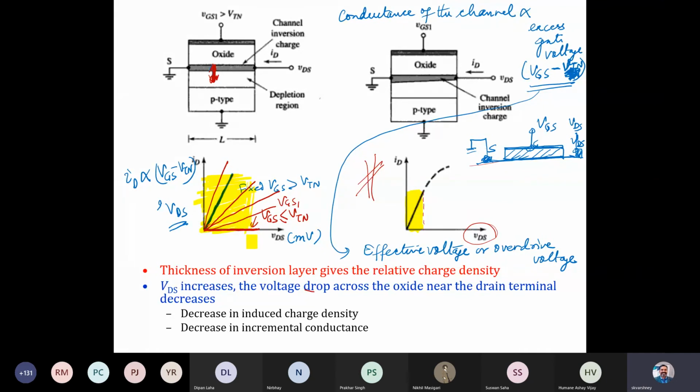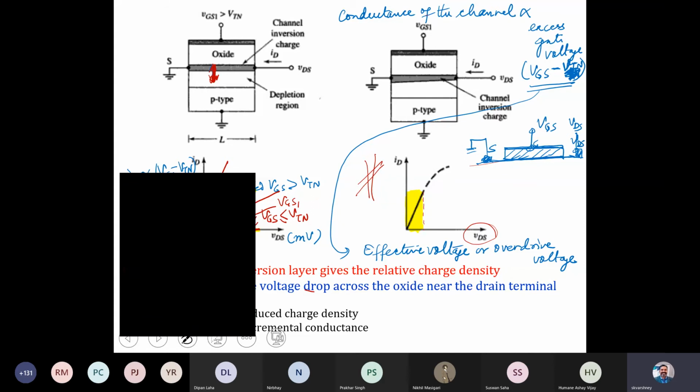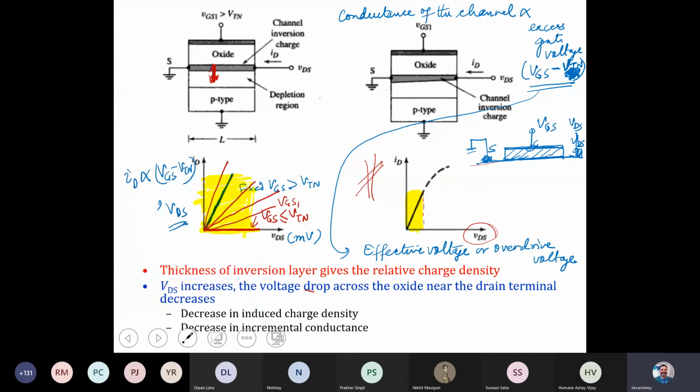You get straight-line behavior up to a certain voltage of VDS, but as we keep increasing VDS, the current is no longer linear and starts showing nonlinear behavior. If we keep increasing, you'll find it becomes almost independent of VDS.